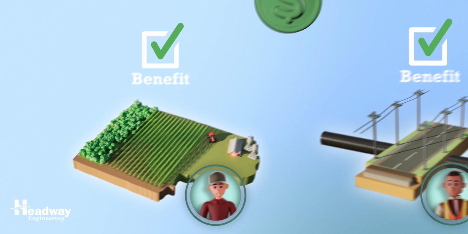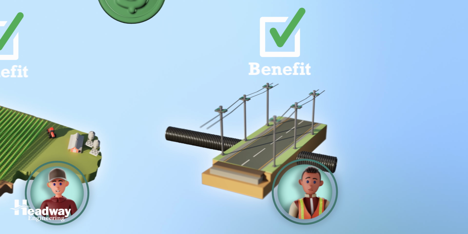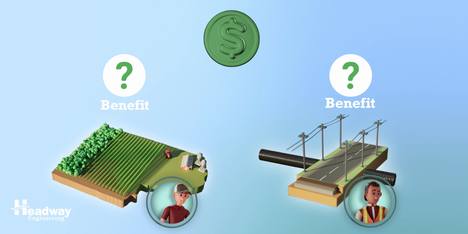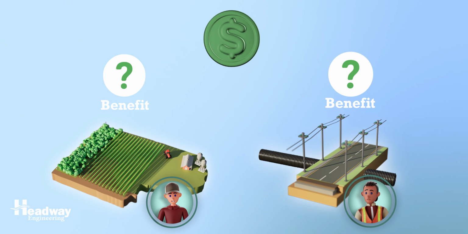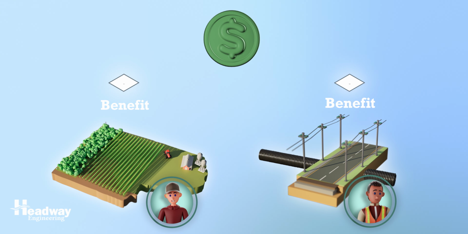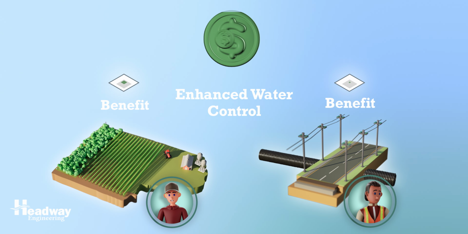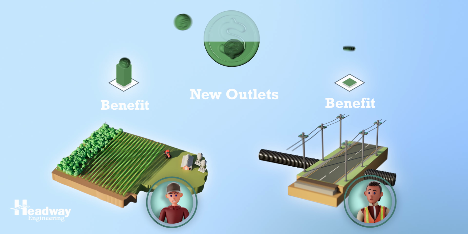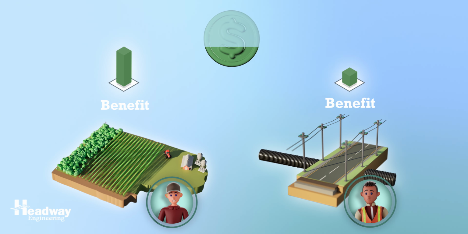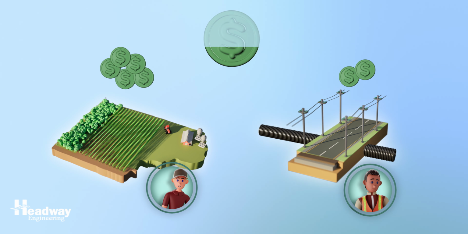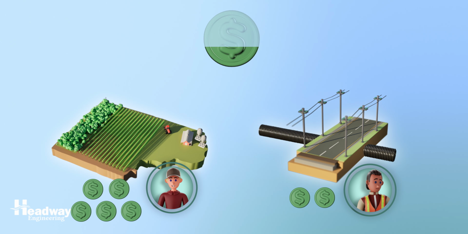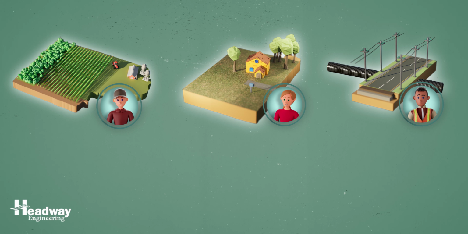Once we determine which landowners will benefit from the new drainage system, we need to determine the distribution of the benefit assessment. This means we need to figure out not only whether a property will benefit, but by how much. Benefits might include increased crop production, enhanced water control measures, new or deeper outlets, and more. We then distribute the benefit portion of the cost based on these tangible benefits, ensuring a transparent and equitable process for all involved. Now, let's talk about distributing outlet liability.